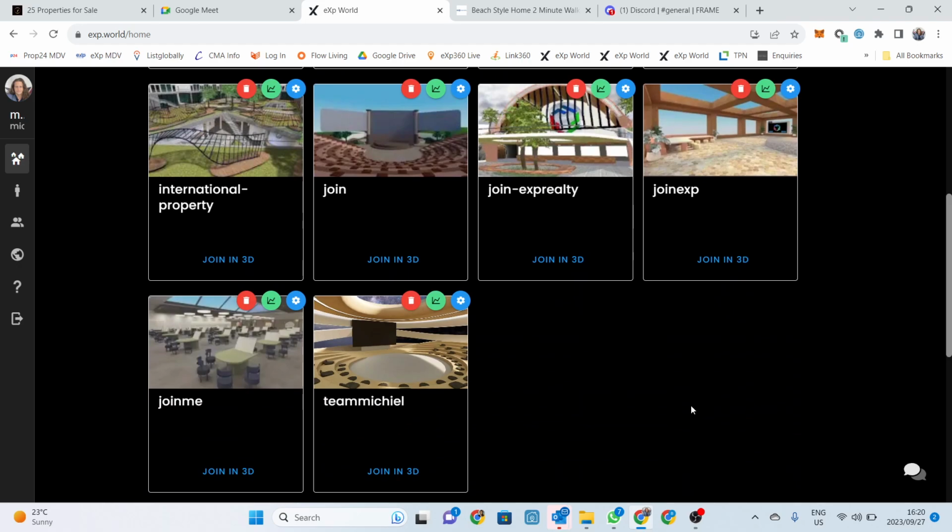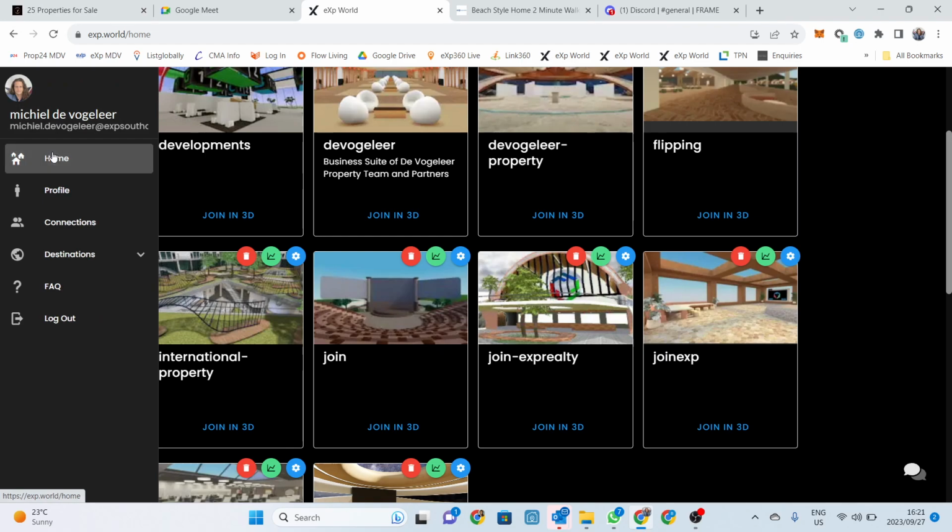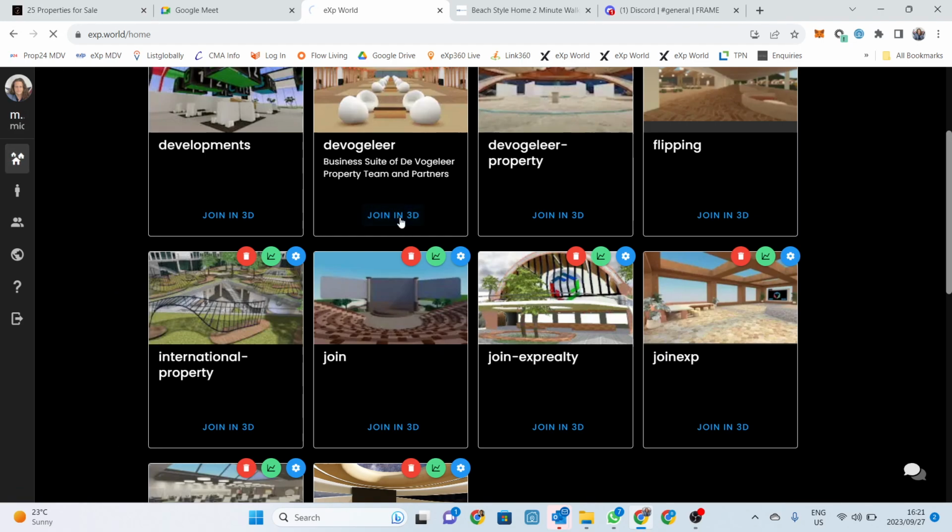join eXp, join me, Team Michiel. So I did that for training purposes, and I still have to build one for actually agent attraction. It's not really so important at the moment because I do have the office of agent attraction already, where I have everything centralized as well. But some people are more focused on team building than on selling or stuff like that. So that might then be interesting to make a metaverse like this. Now we can actually go back here,